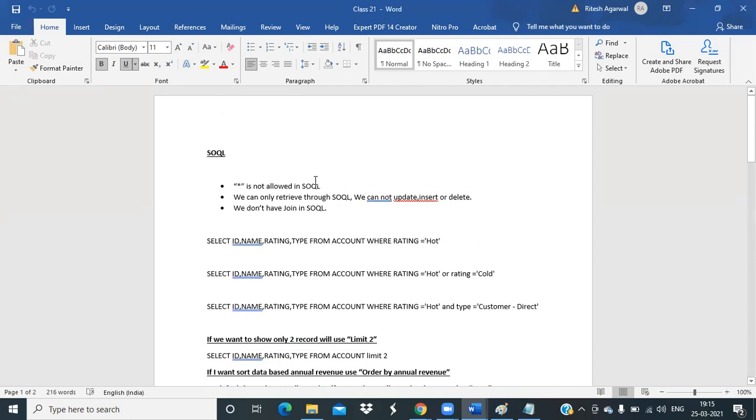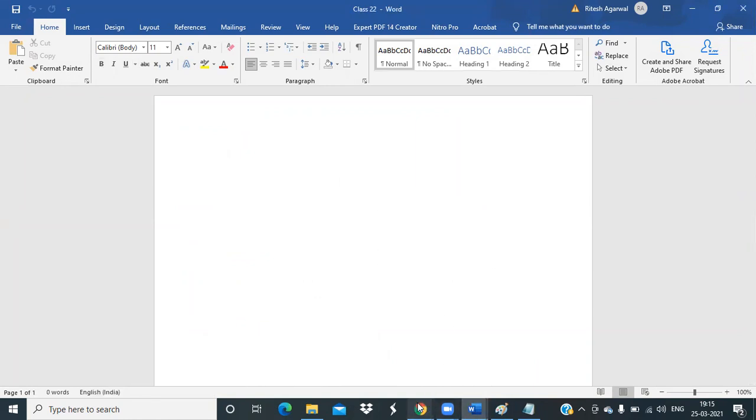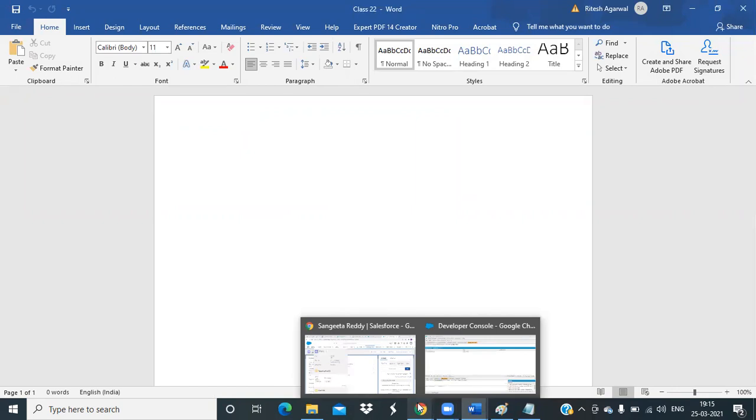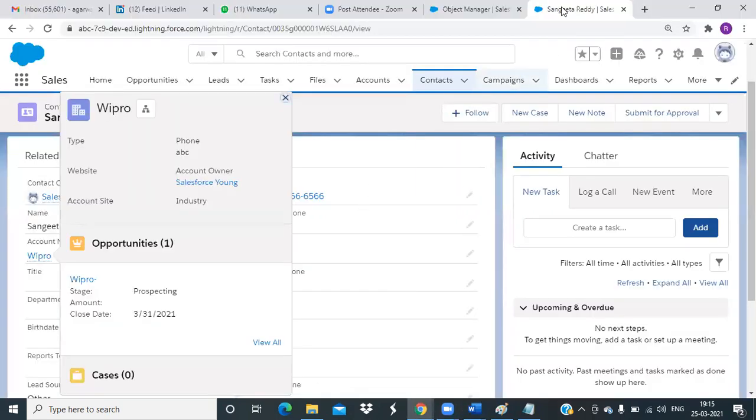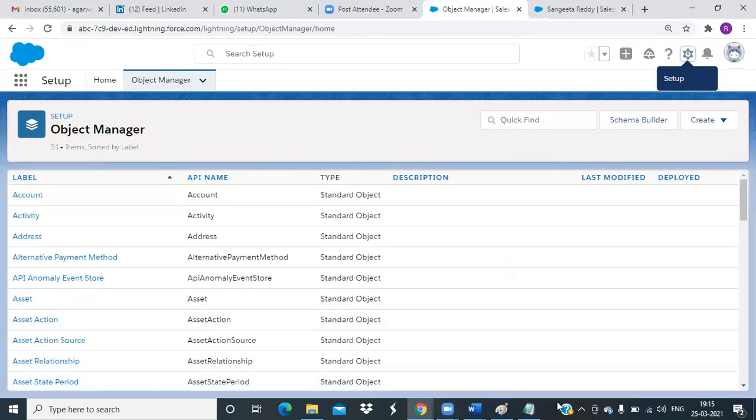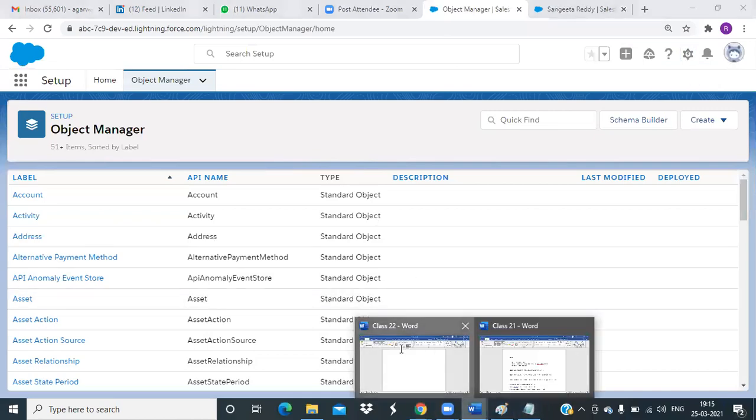I could have told in relationship class. So how will we identify the child object? The object which will have the relationship field. Okay, yes. Let's take the example of